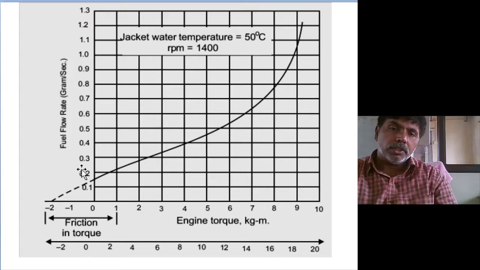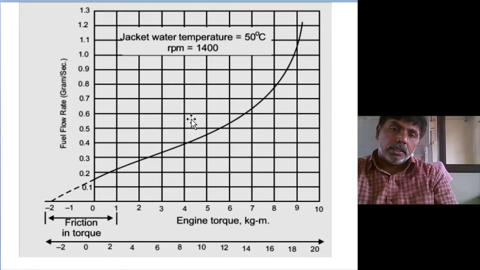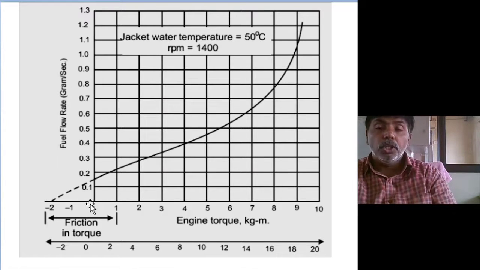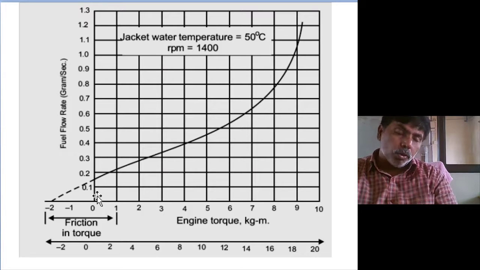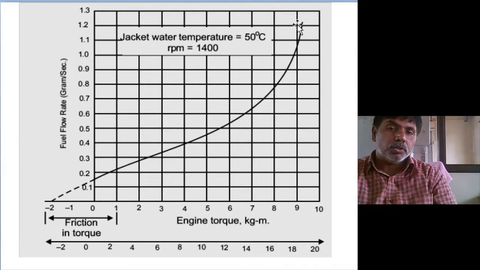If there are 100 points, you insert the linear line, y equals m x plus c, with different slopes. The line will pass nearly through all the points. That line we extend to the negative side, and we get the friction power generated by the engine. At full load condition it gives good readings. But at no load or off load condition, some curvature will come. Suppose we get a curvature like this, then how can we extend it?